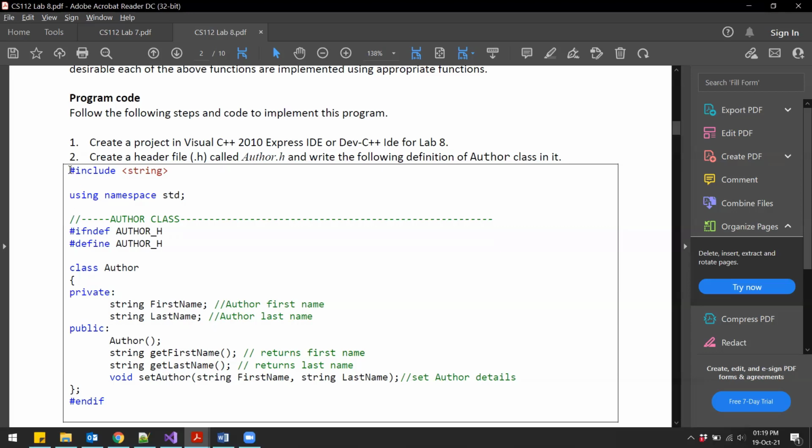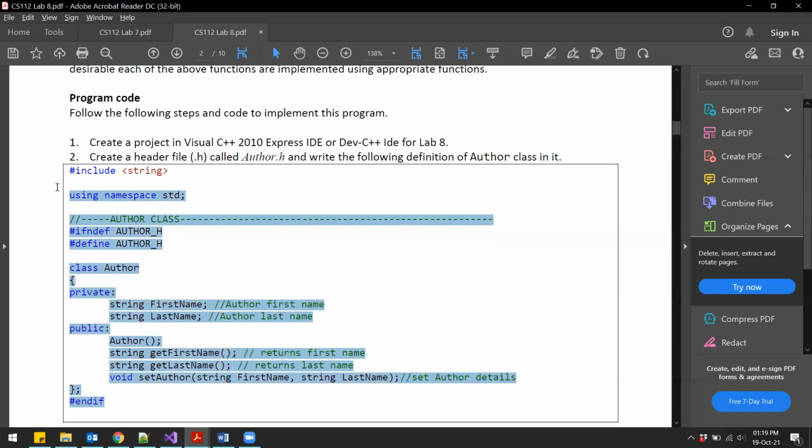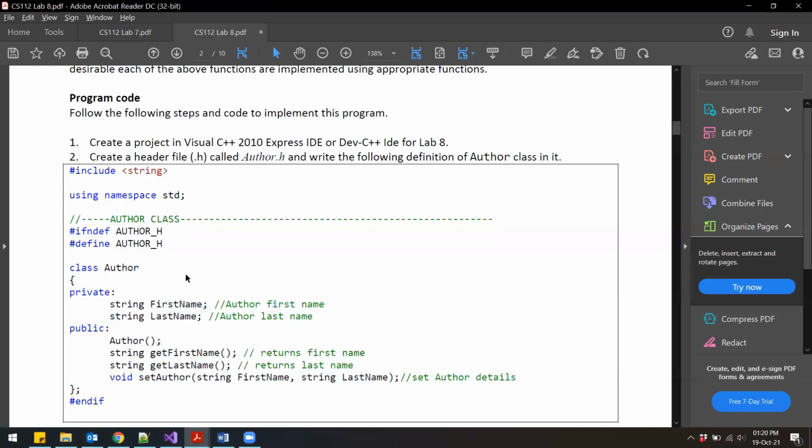So this code will go in one file, and it says create a header file called author.h and write the following code of the author class in that file. So you will just copy this entire code, create a file in your Visual Studio and name that file as author.h, and then paste this code in that file.